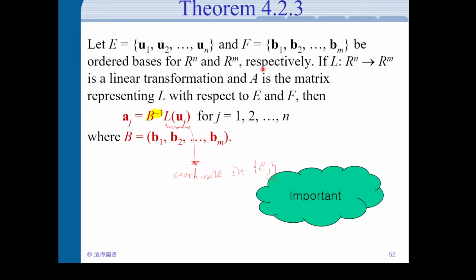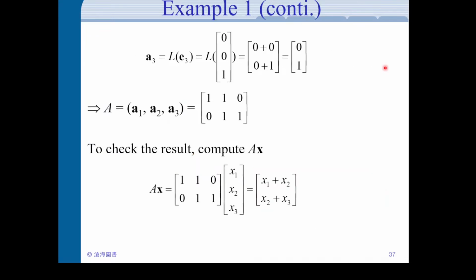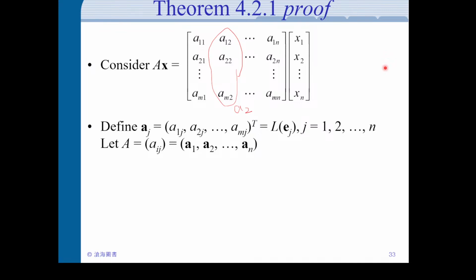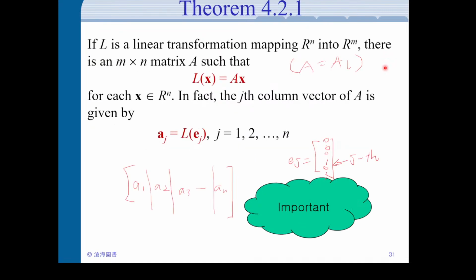We already know how to write a linear transformation from Rn to Rn. Let's compare a little bit, so let me jump back. Here, theorem 4.2.1 already says that if we have a linear transformation from Rn to Rn, we can write the matrix representing this transformation. Each column of A is just how the transformation maps each standard basis element. So this is 4.2.1,